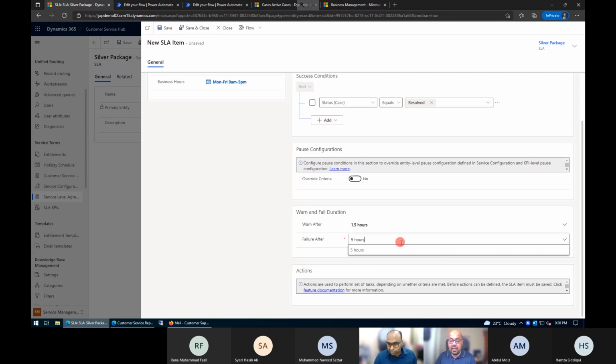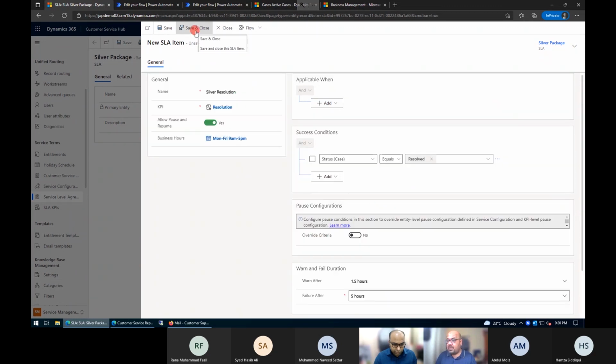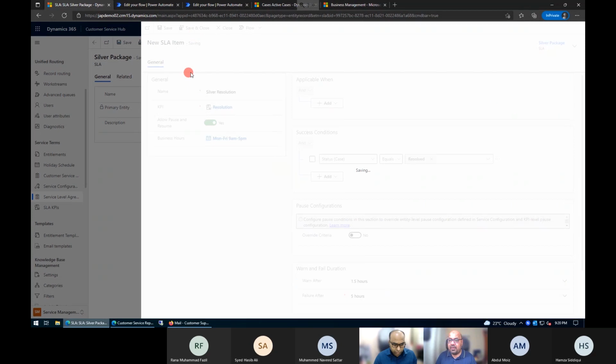Okay. If I'm not writing it the correct way, the system will also prompt me, because I just put it here. So the system identifies that, okay, you have put the minutes there, so the minimum values will go here. So you need to consider, if it is not coming up in your lookup, you can directly write it, and the system will automatically identify what type of information you are going to put here. So once we are done, we just need to save and close, and